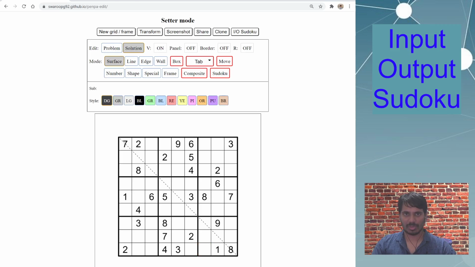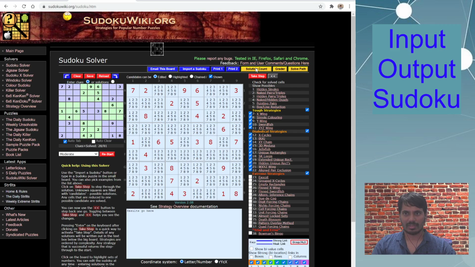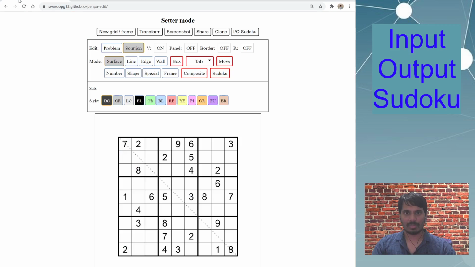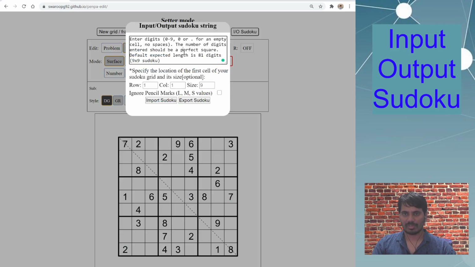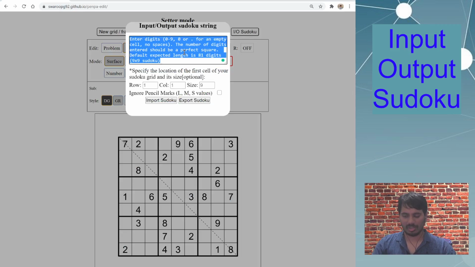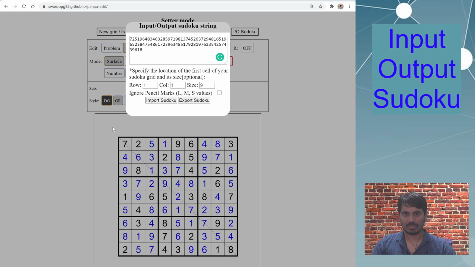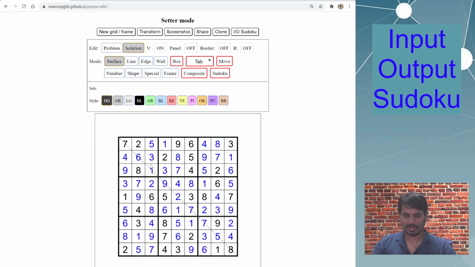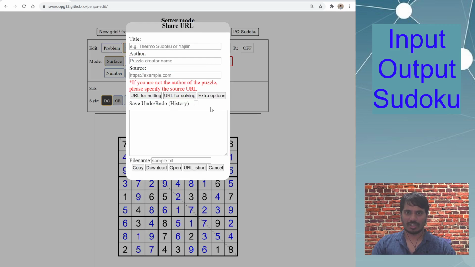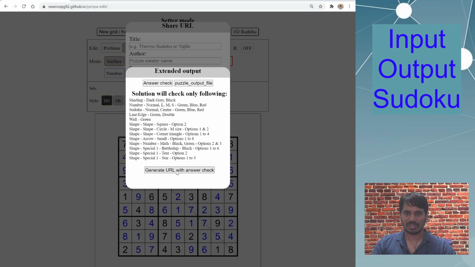Edit solution mode, go back here and solution count, which will give me the solution. I copy this 81 digit solution, go back to Penpa, import output Sudoku, control select all, delete, paste my 81 digit, and I'm in the solution mode, and then import. You can see the solution got copied here, and then you can generate your share extra options, generate URL with